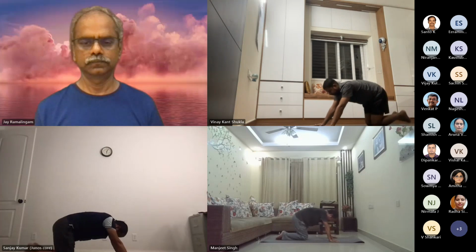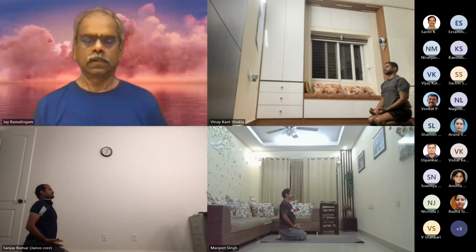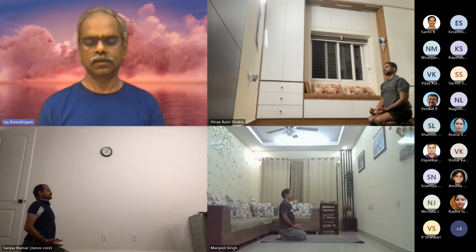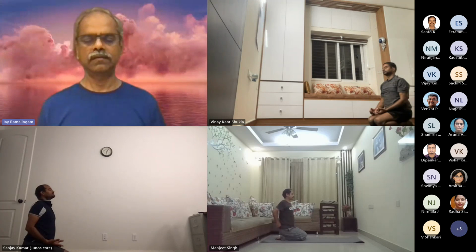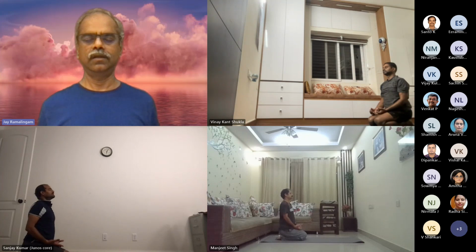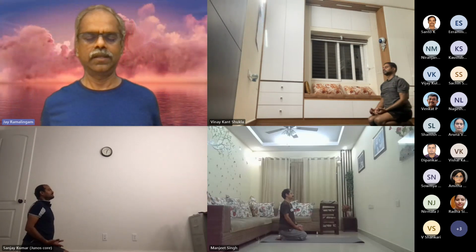Vajrasana. If Vajrasana is not comfortable, Sukhasana, normal cross-legged seated posture. Either in Vajrasana or Sukhasana, spine comfortably erect, shoulders relaxed, chin parallel to the ground, head on top of the spine. Softly close your eyes, allowing your attention